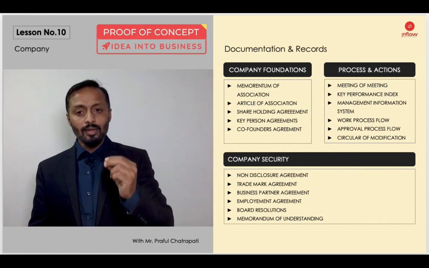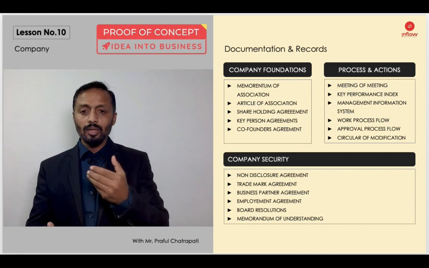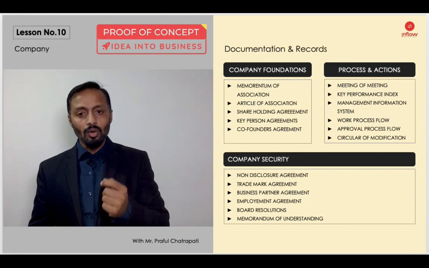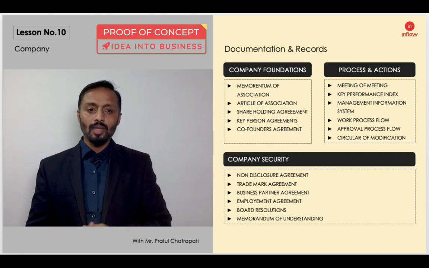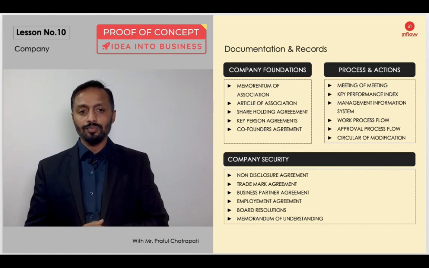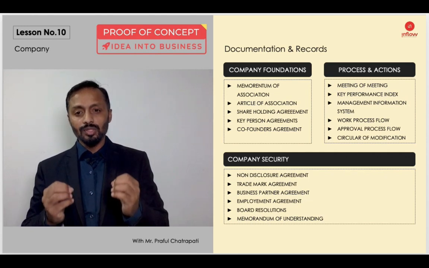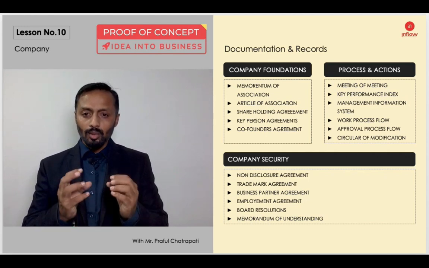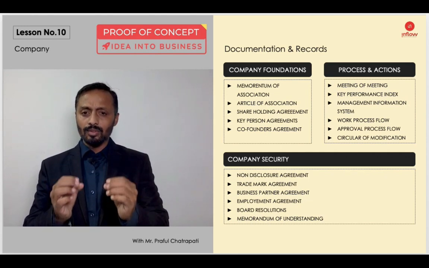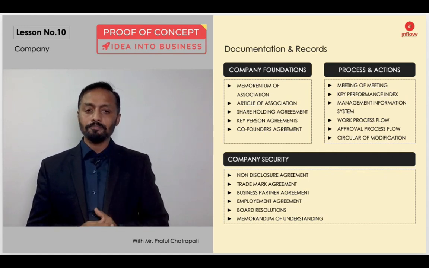It will really make a great impact, because any efforts you are making will be filed with you, and that will in the longer term turn into an asset for you. Key Parameter Index: have the proper KPI standard templates with you. Management Information System means your MIS report. You should have your standard dashboard, and you should know how to find the right key factors on a daily basis. Workflow process, we have already discussed.